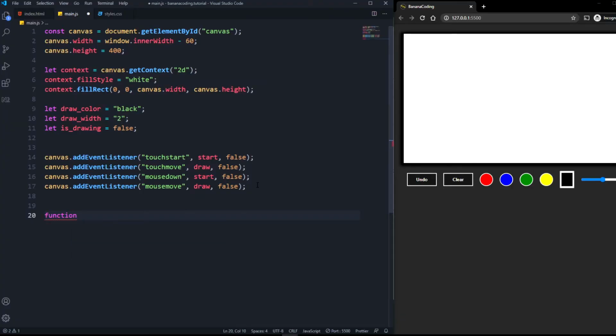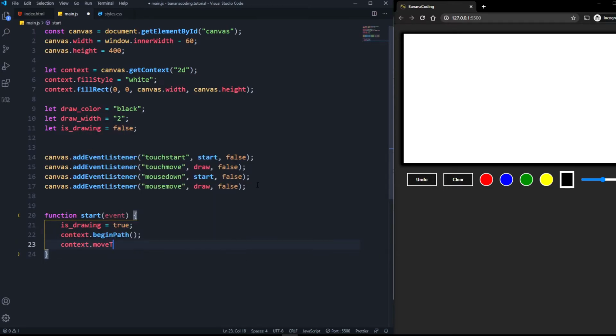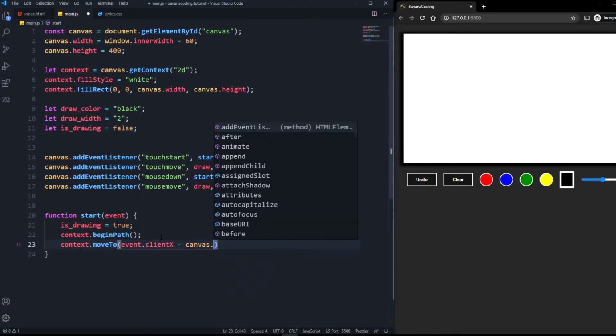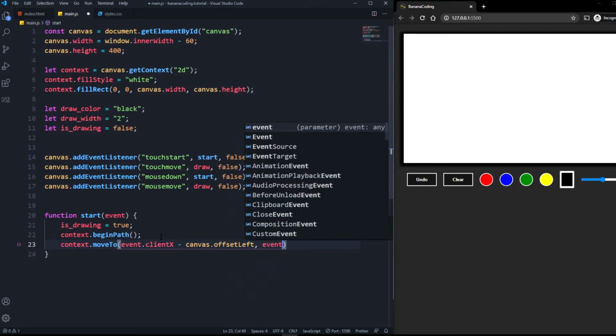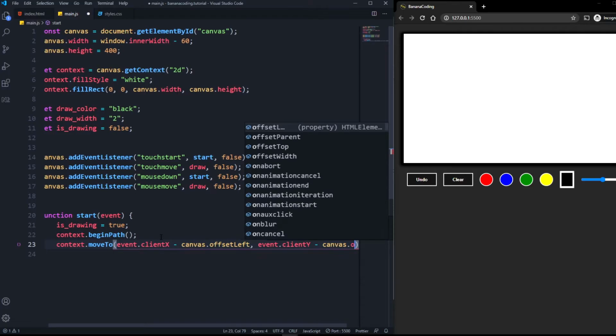So we're going to say function start, which actually has an event for getting the mouse coordinates. And first things first, we're going to say isDrawing is equal to true. So now we know we're going to draw. And here we're just going to say context.beginPath. So we're going to say, hey canvas, we just begin a new path, so prepare to do something. And also we can say context.moveTo, and here we need the coordinates from the event, which is actually event.clientX minus canvas.offsetLeft, and also event.clientY minus canvas.offsetTop,